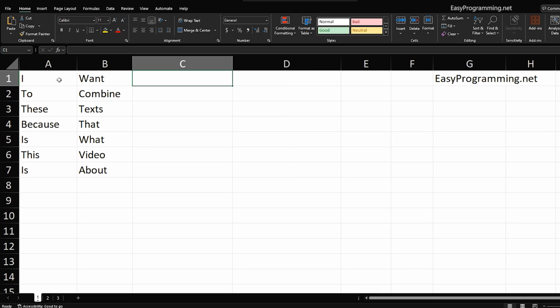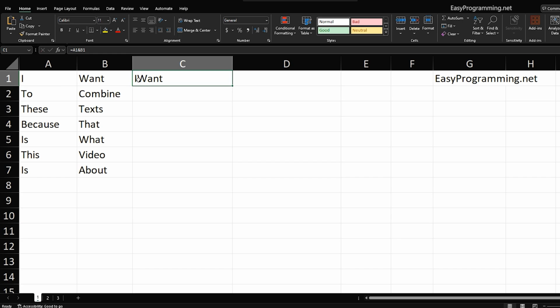We're going to look at 3 different ways to concatenate text in Excel. This first method is pretty much the same as what we looked at many years ago on this channel, which is just to use the ampersand. So we're going to do equals, select our cell, ampersand, and then B1. If I do this, you'll see that it concatenated the text, but there's no space